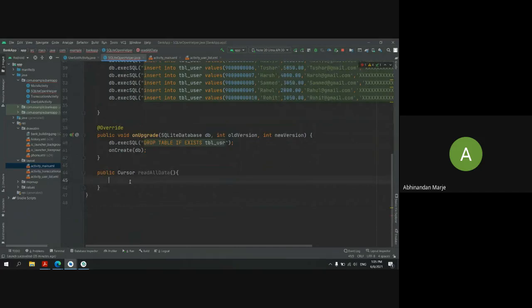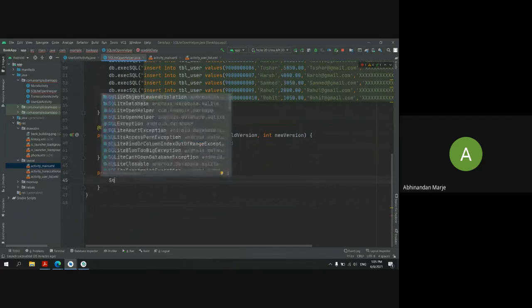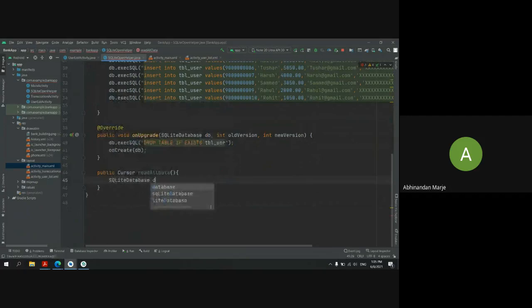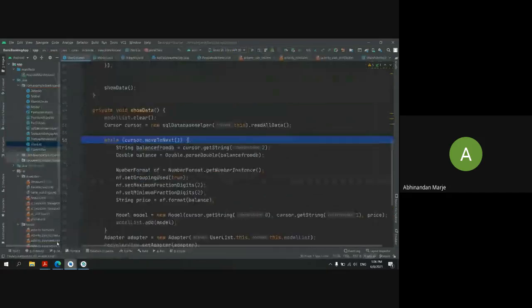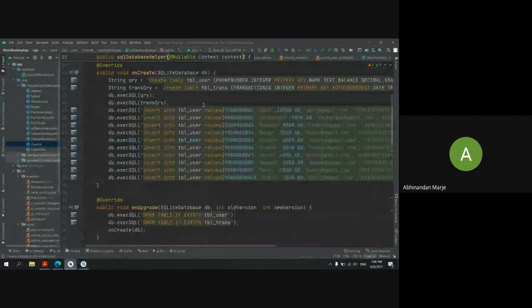But first I have to mention the SQLite database. Yes, SQLiteDatabase.